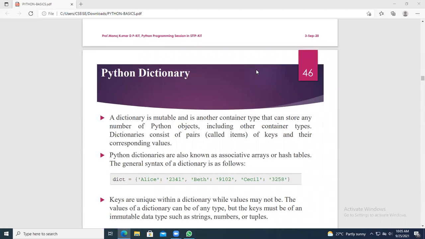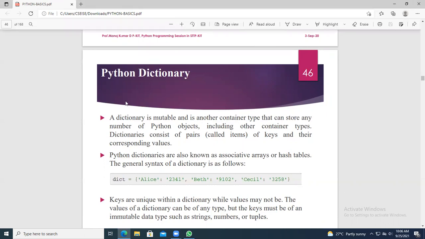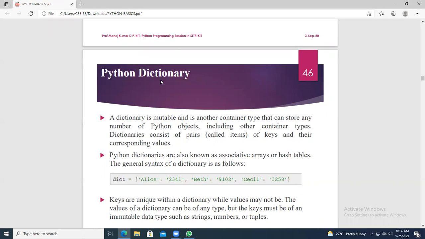Once again, good morning. This is the video lecture on Python Django full stack web development. Currently discussing the backend part, that is Python programming. We are currently in basic Python data structures: list, next tuple, next dictionary, next set. In previous classes we have gone through list and tuple. In today's class we will be discussing something called dictionary.